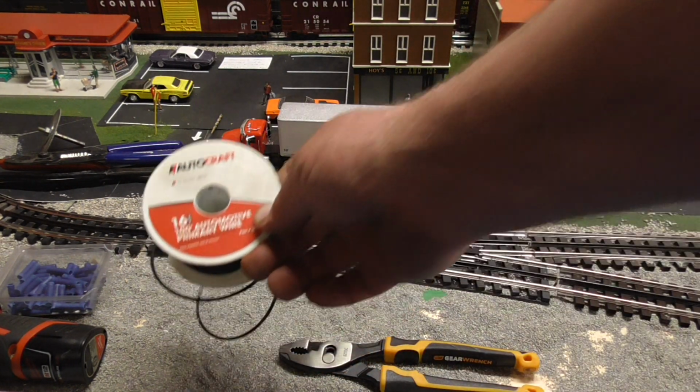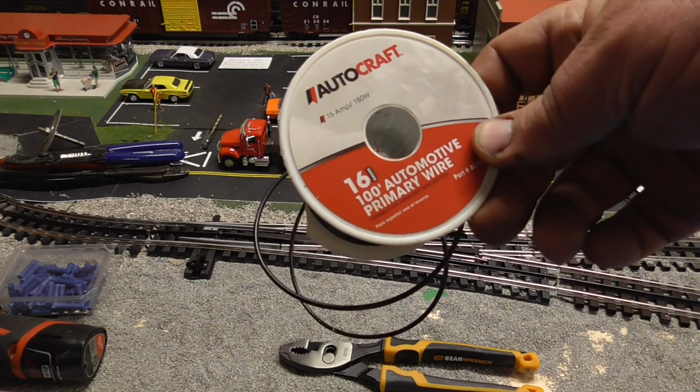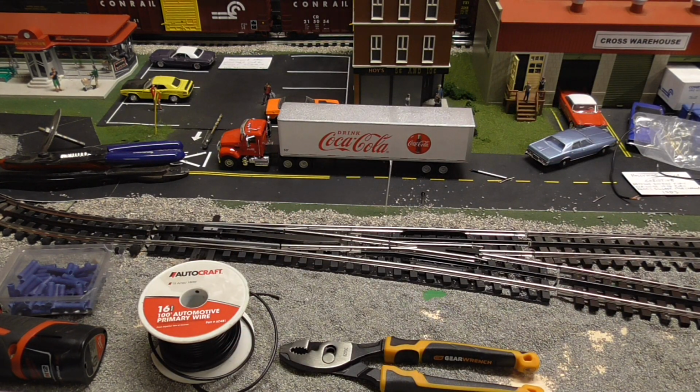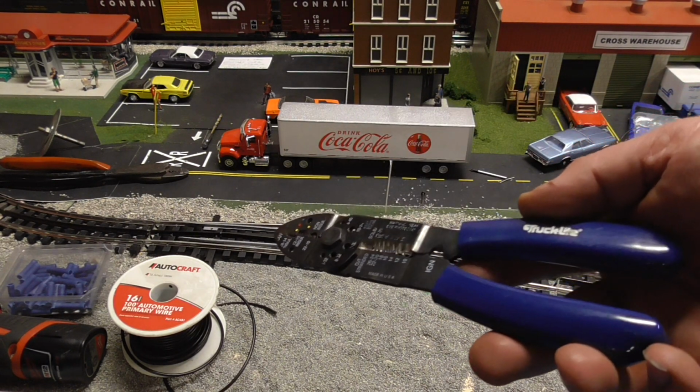Also, I see debates all the time whether to use stranded wire or solid core wire. For anything that you're going to use for modern, meaning any Lionel TMCC, Lionel Legacy, MTH DCS, you should be using stranded wire. Also needed is a good pair of crimpers